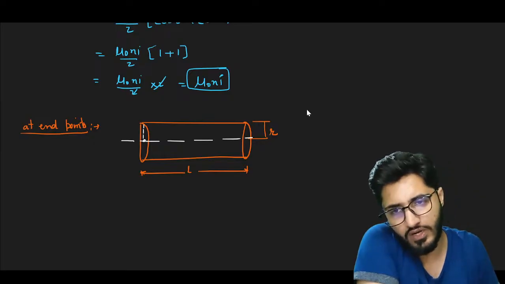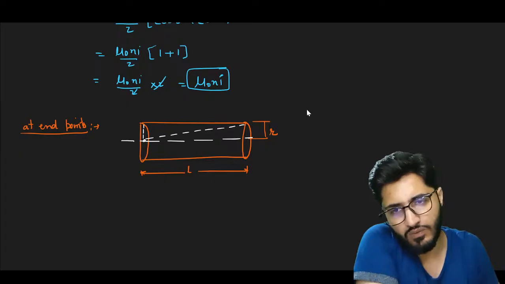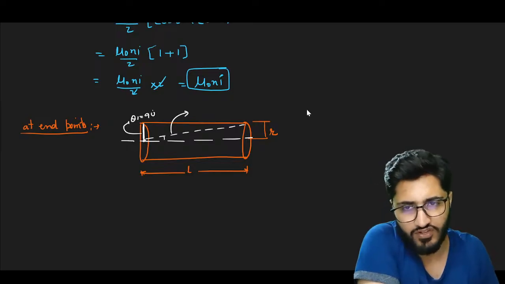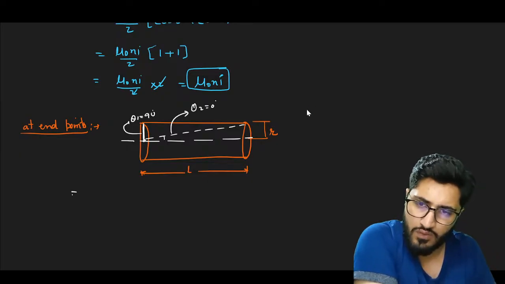Now, connecting these two things, here one angle becomes 90, so theta 1 is 90 degree, and this angle is approximately 0. Okay, it is 0. So you can write now nu naught Ni by 2